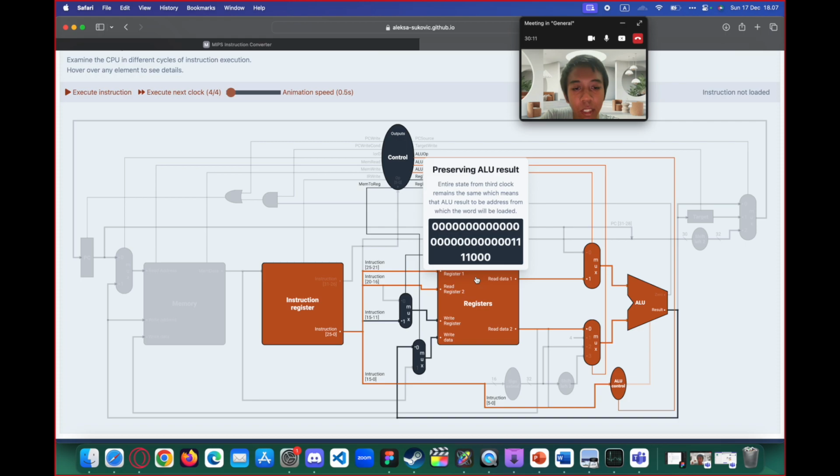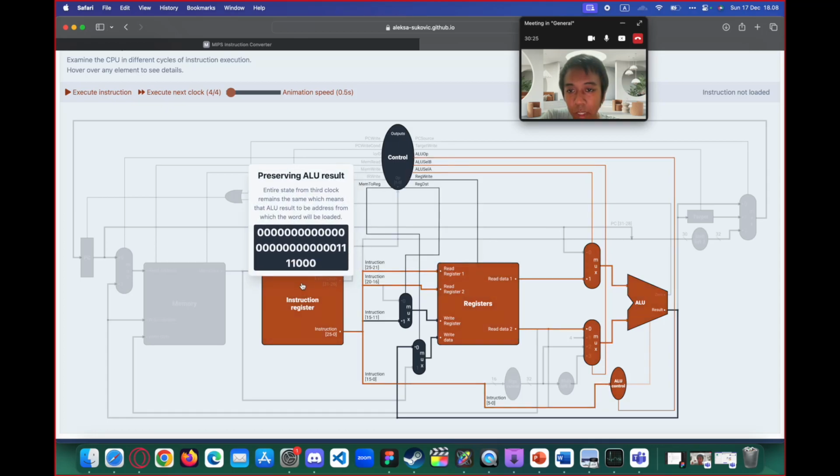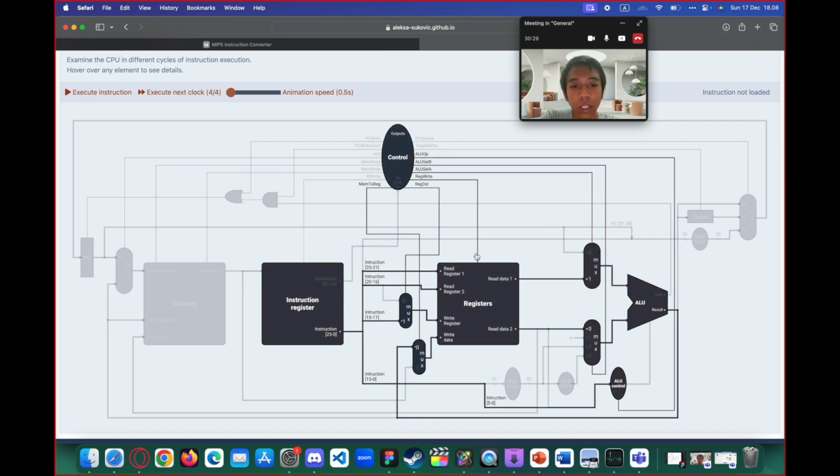So basically clock 4 is the execution clock, or the data writing clock. We will write the data into the specified destination register. You can see here, yeah, the same. The entire state of clock 3 is still preserved, but in the last clock we will do execution and data writing.